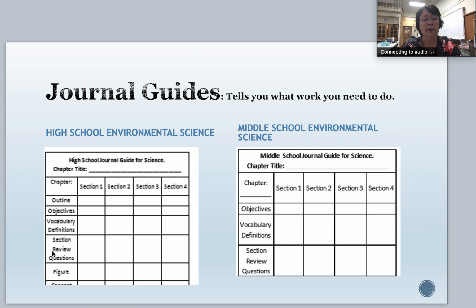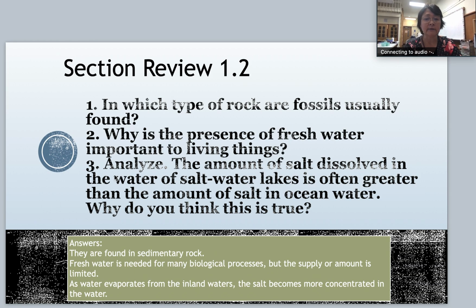Now we want to complete our section review questions. Again, I want to make sure that you write down the question as well as the answers. So let's take a look at our section review for 1.2. The first question: in which type of rock are fossils usually found? Within your reading, you should have noted that fossils are generally found in sedimentary rock. And number 2, why is the presence of fresh water important to living things? And the answer,